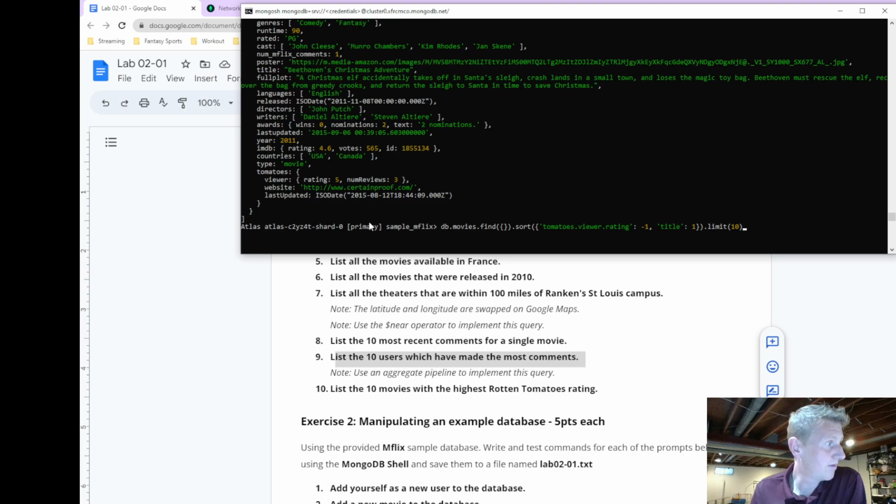And so list the 10 movies with the highest Rotten Tomatoes rating. And so, the rating in descending order,